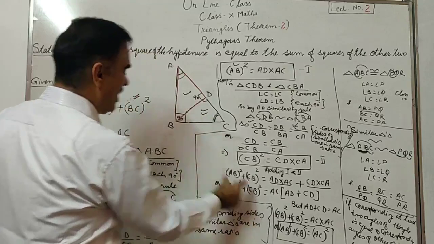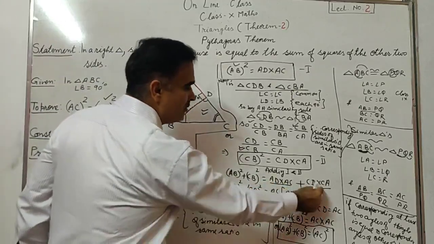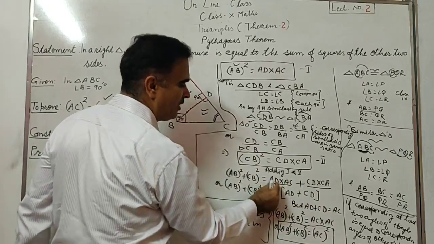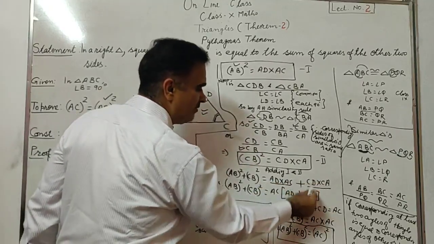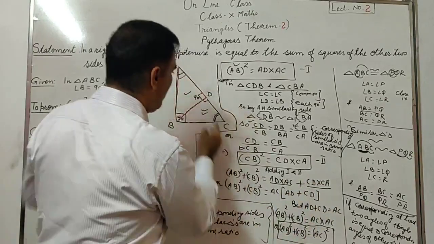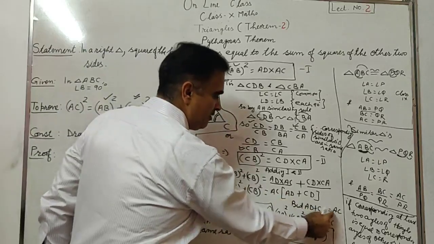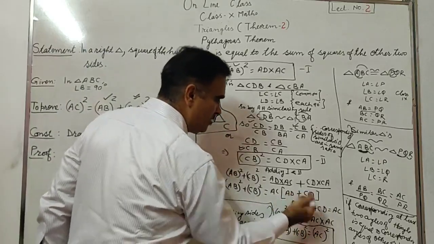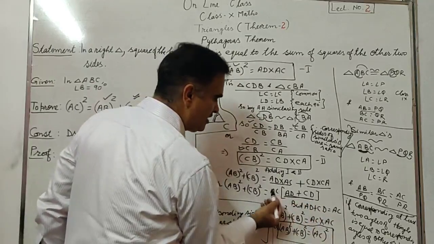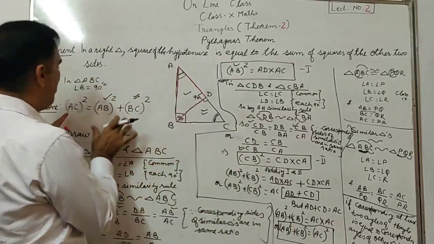Here is what we wanted to get, we got it. Here we take AC common. What is left? AD, and from here CD, the sign is plus. But AD plus CD, from the figure you will find, gives AC. So in place of this, we can write AC. This is AC into AC. It becomes AC square, which is our result.